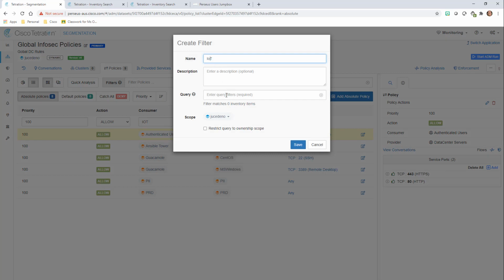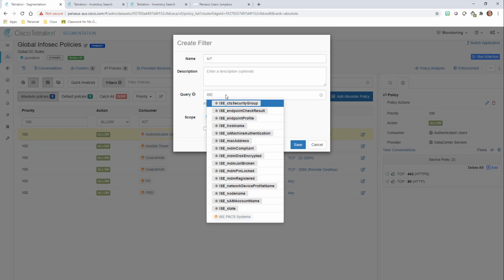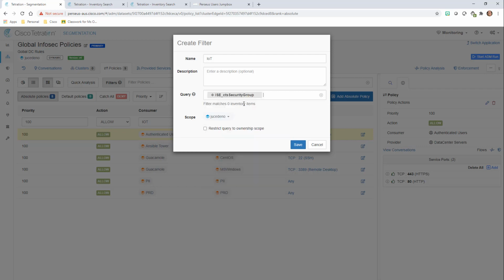So we'll say IoT. Now, again, what we're going to do is use ICE to determine whether these are IoT devices that we want to allow. So the first thing we're going to do is type ICE here in the query box, and we're going to pull up all of these security groups that we're pulling in from ICE. So we'll say if the security group equals, my machine is slowing down here, so we'll say equals IoT,